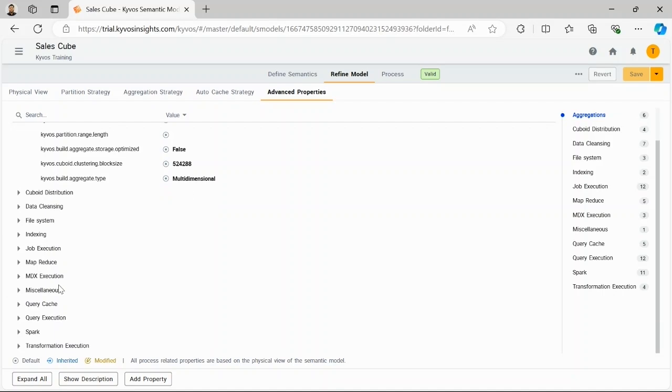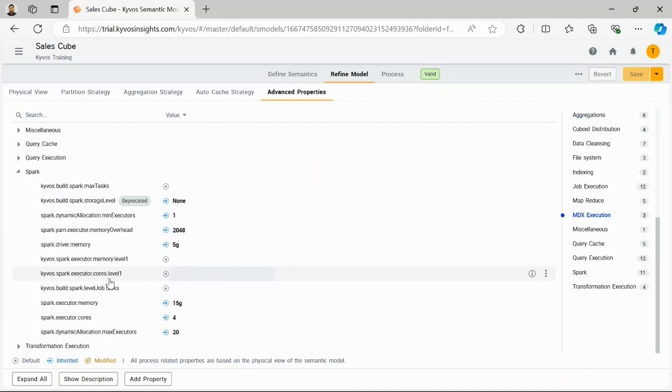For example, in the Spark Properties group, configure the number of cores, executor memory, and overhead memory to optimize semantic model processing. Let's expand the Spark Properties group to configure Spark properties for semantic model processing to set the number of used cores to 4, allocate 15 GB to executor memory and 2 GB to overhead memory, set Spark driver memory to 5 GB. Configure the Spark Max Executor parameter to determine the maximum number of executors that can run